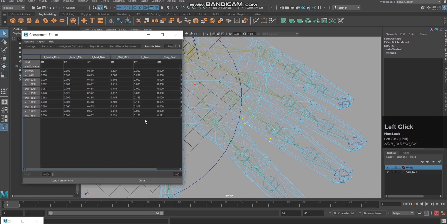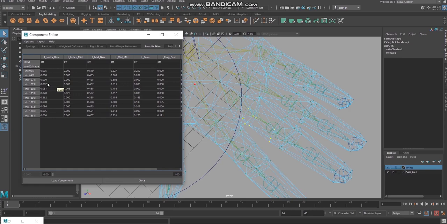Okay, and see left index, see this is left mid finger. So left index finger, left index mid joint, and left index base.